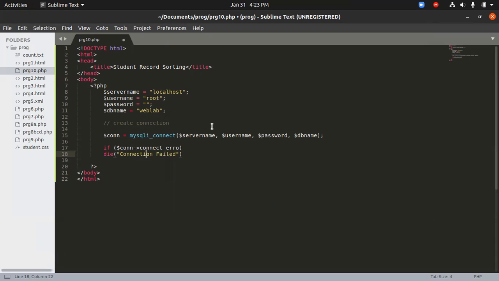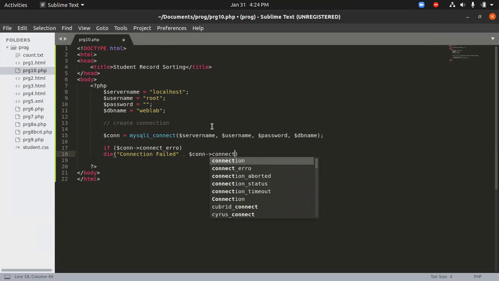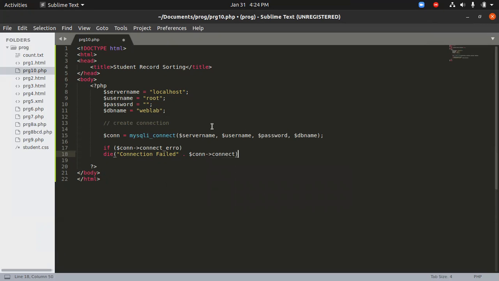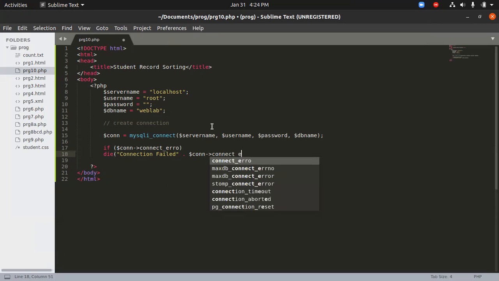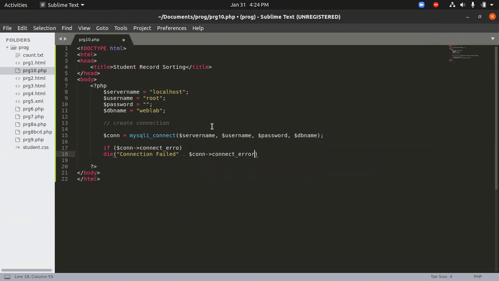If the SQL didn't connect, then we will be getting an error like this. So sure, I'll just write the value, that is con connection error. I made a mistake here. I'm going to have to write it as error.